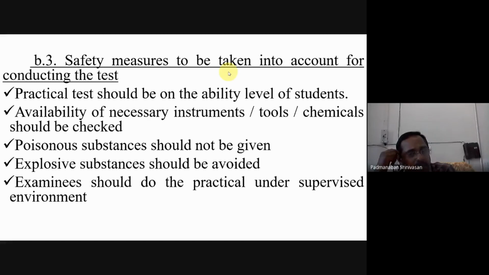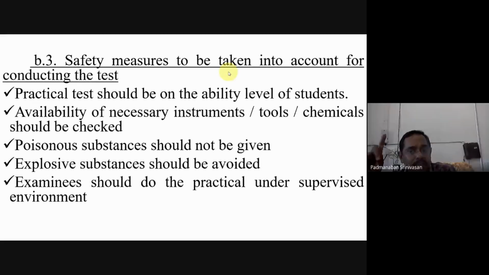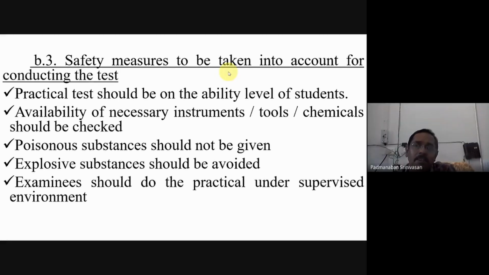You have not done salt analysis so far? Not yet given, or you have finished in your first year? Have you been given salt? Yes, sir, in first year. What was that salt we call? Generic name. You have done double salt, no? Yes, sir. Why are you not doing it? Forgot?